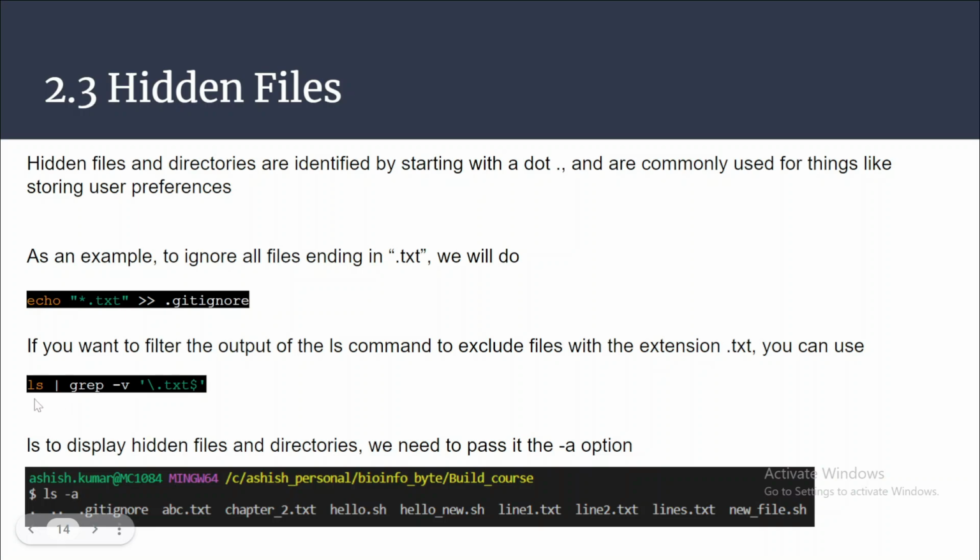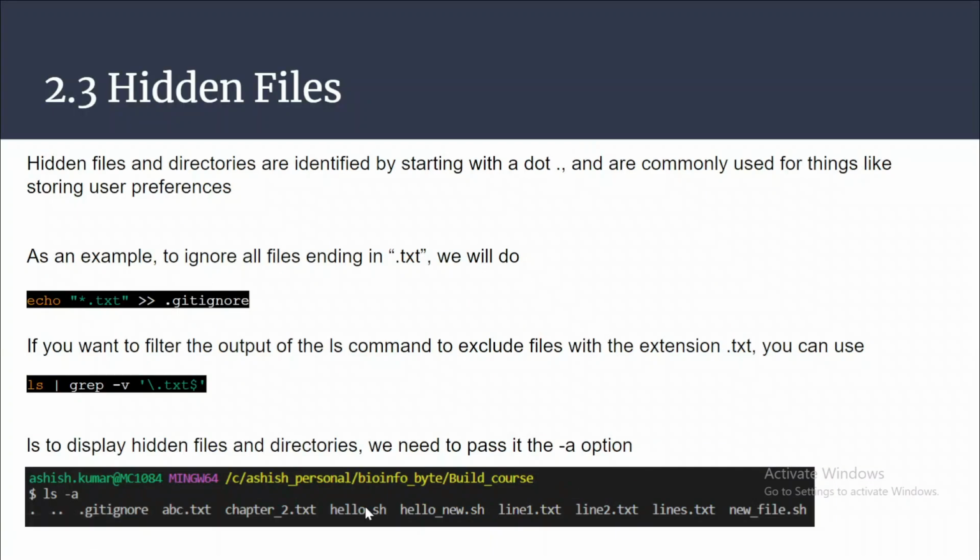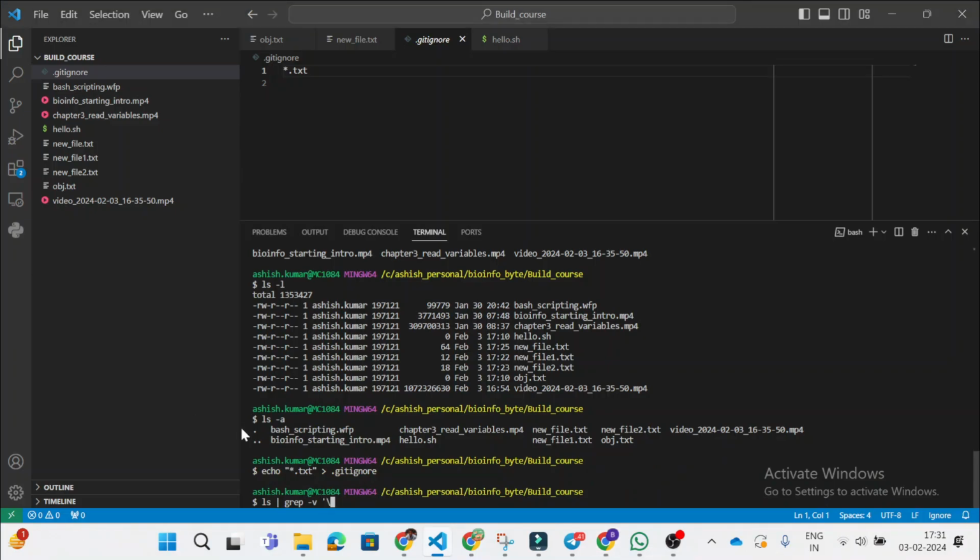Now the next thing, we want to fetch this part. See what we are typing: ls, then a pipe, and then we are using the grep command to fetch a pattern, and -v. Now see what exactly we are fetching within the code: .txt. Let me explain this symbol. This forward slash is used to shorten the fetching part, and .txt is the extension that we are looking for.